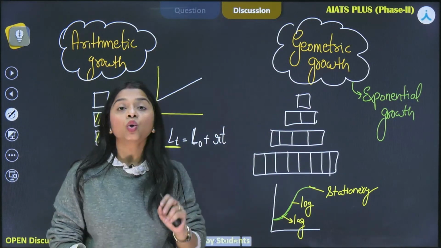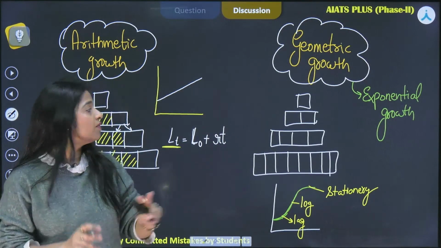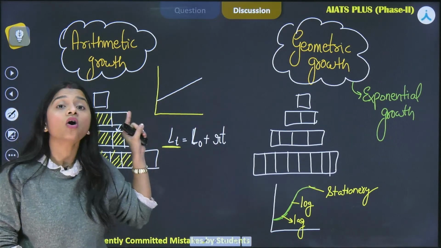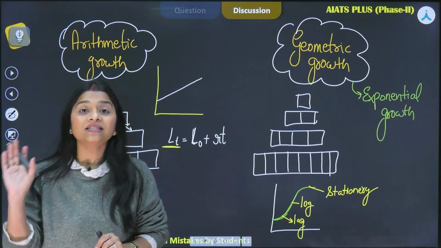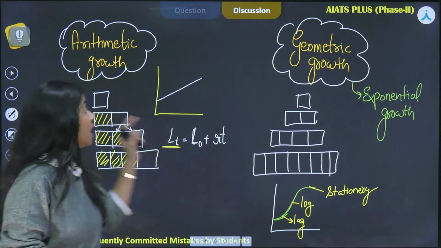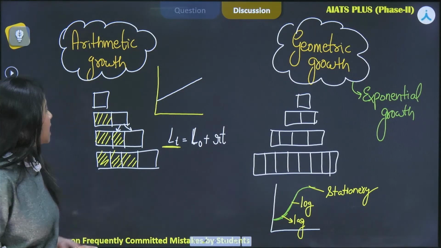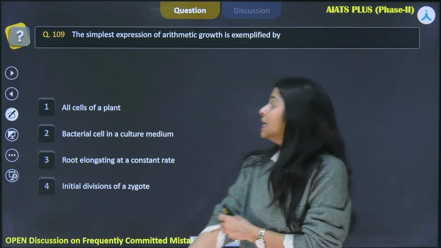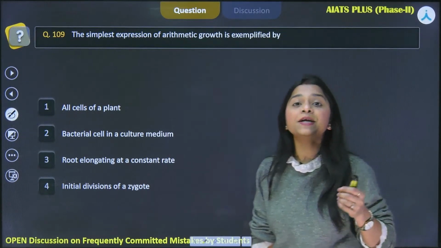So that time the growth will be exponential, okay? But whenever you observe that, can you see this particular straight line, right? This is representing the constant rate, right? Whenever something is growing at a constant rate, at that time arithmetic growth is observed, okay? Clear with this? Now moving to the question, what it asked: the simplest expression of arithmetic growth is exemplified by,